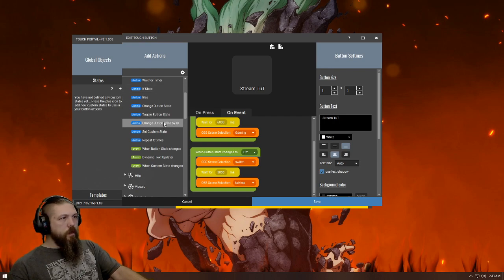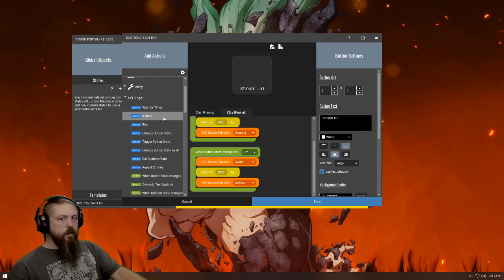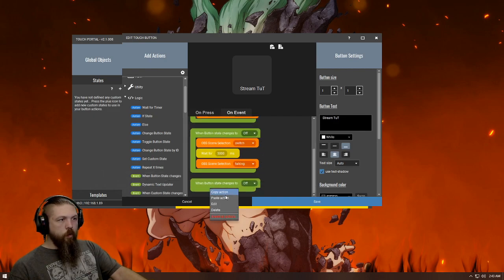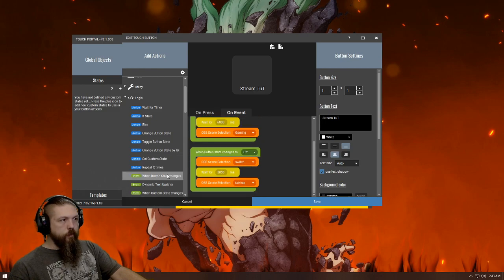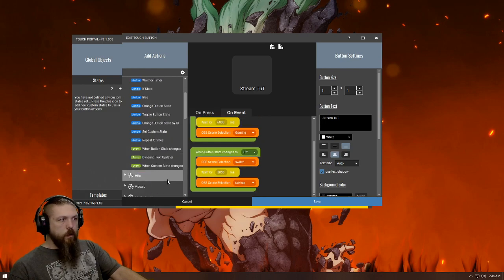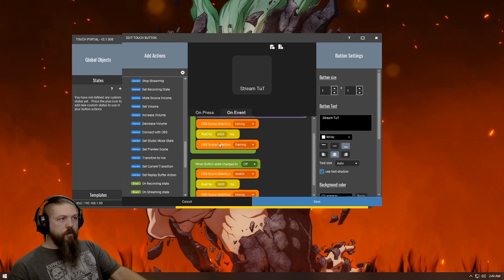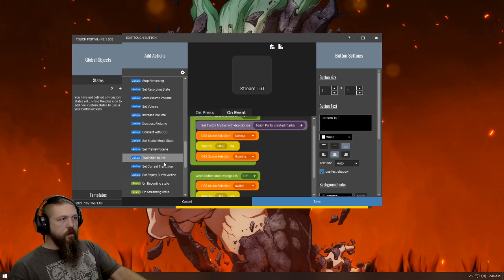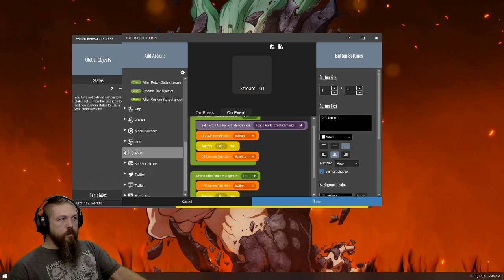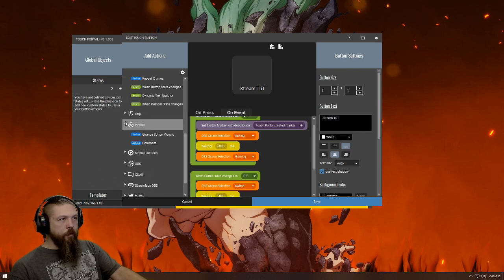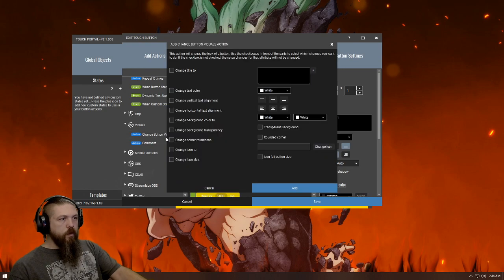Change button state to ID, toggle button state. When button state changes, which is not what we're looking for. Now it's purple and not blue, but then again, these are classified as events, but they're also not. So I think it might be, let's see here, change button visuals,